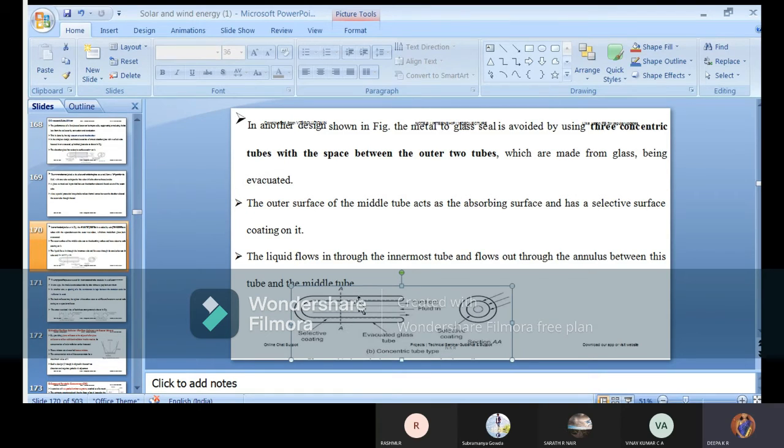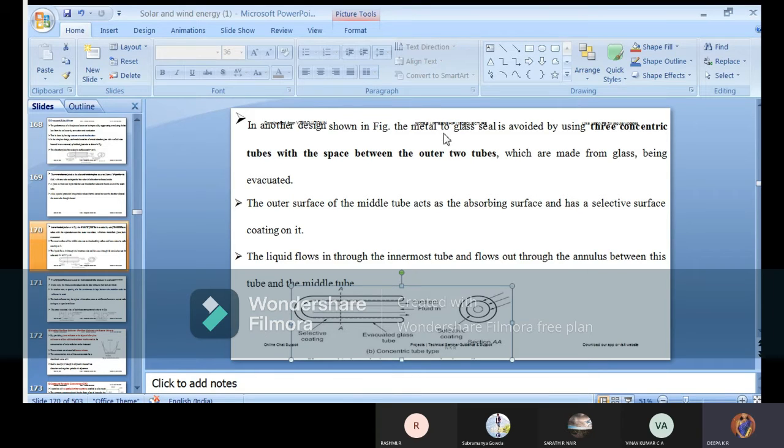Here you are reducing the construction of the structure. Instead of making 4 or 5 different layers, you have done it within 2 layers. You can see only one evacuated glass tube. Here itself you are getting a coating absorber, and the fluid is placed in between, with a separator. Separator definitely you should have, because the fluid is in one portion and whatever is heated you are giving in a bidirectional way. It is like a shell type transformer where you have a mid core consisting of primary and secondary winding, and that will be given flux on both sides. Similarly, fluid will be in here and both the outlets are given here. This is as shown in the figure.